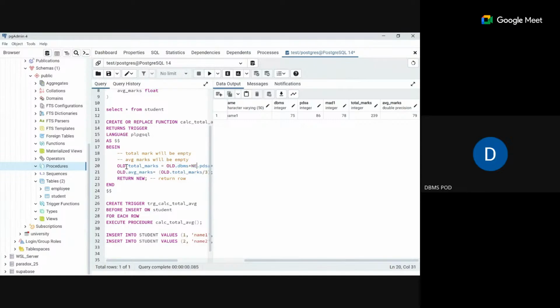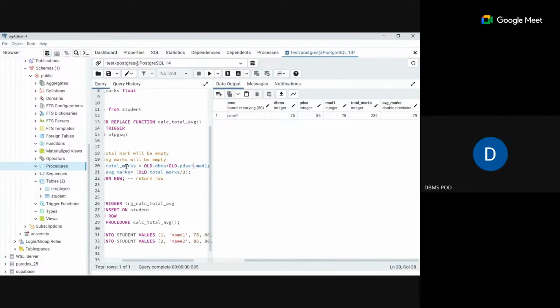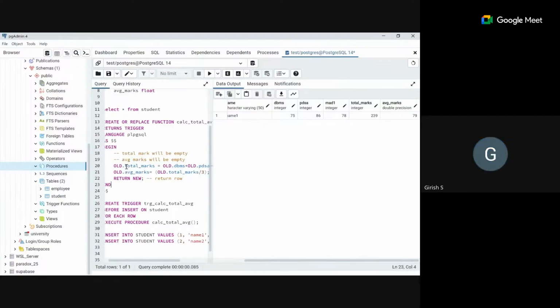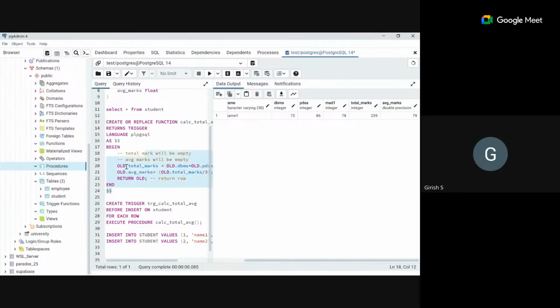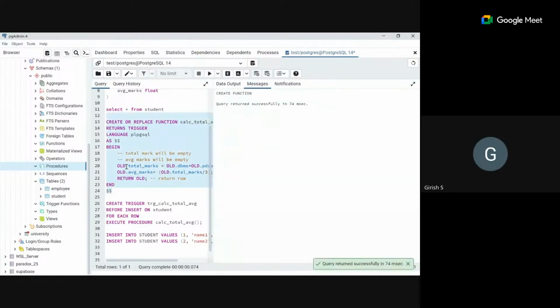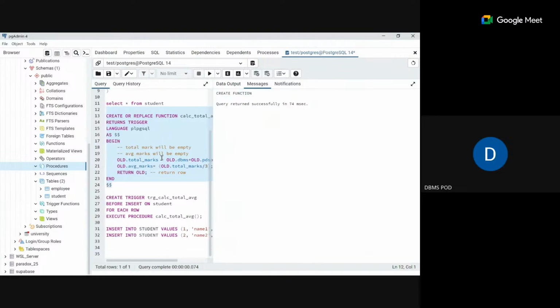Will it work? I think it will be 0 or null values, because old in the context of insert doesn't make any sense. So I have replaced this function with old values. If I try to insert my new row,